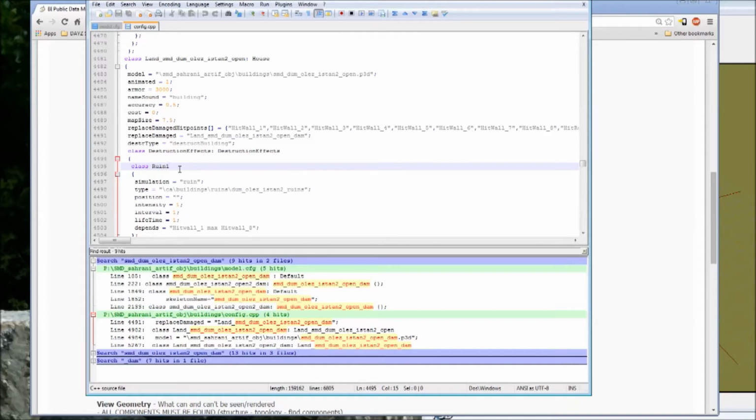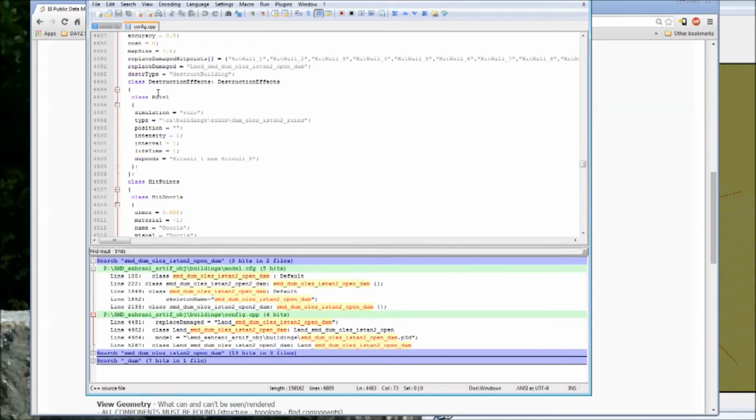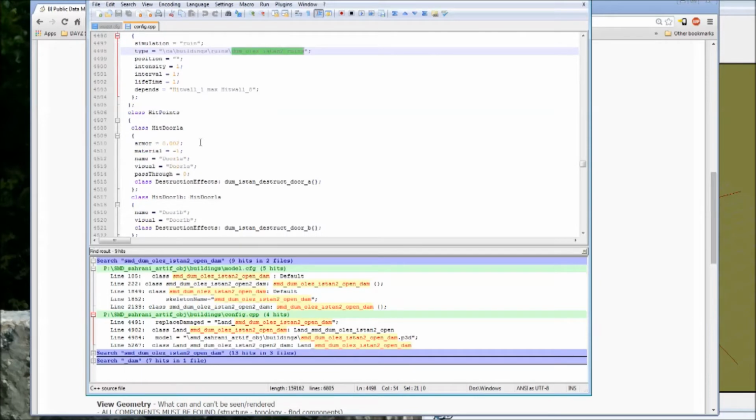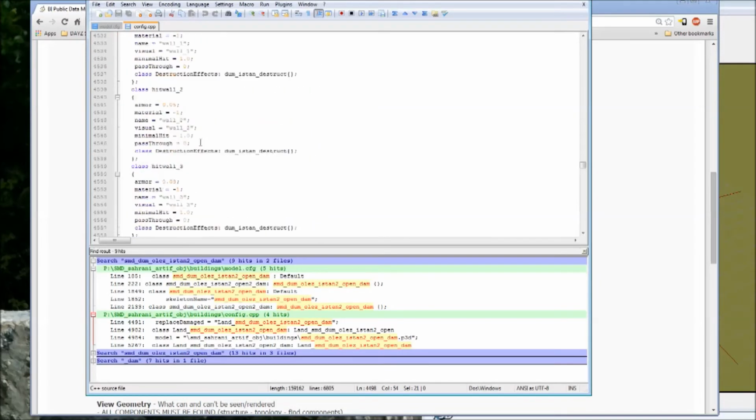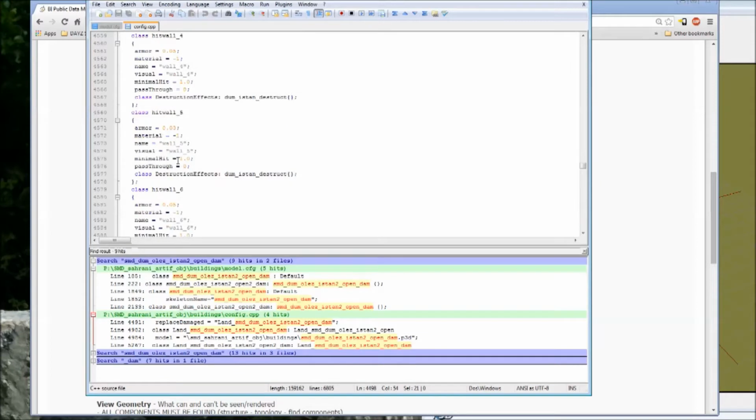So for a very simple object that doesn't do anything, a completely static object with no animations, you don't need a model config. You only need a config.cpp, which essentially names the object, tells the game where to find the actual P3D file, and then defines some characteristics about the model itself so the game knows how to treat it. Here is the destruction effects calling a ruin class, and you can see here the name of the ruins model, and then again the config.cpp